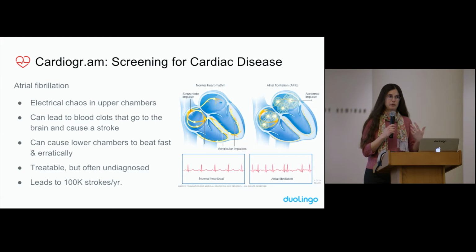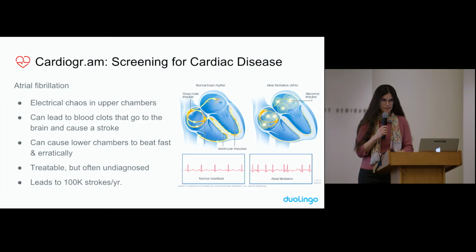People who have atrial fibrillation, the kinds of symptoms they feel is they feel their heart beating erratically, irregularly. They may feel very, very tired, and they may get short of breath when exercising, or even just going up the stairs or walking. They can also potentially feel no symptoms at all. And that's dangerous because with atrial fibrillation, the risk of stroke goes up quite high. It goes up by 5 times, and there's also 3 times risk of heart attack if untreated.